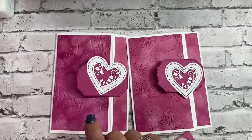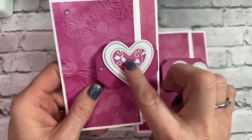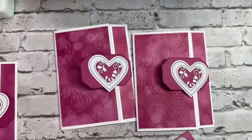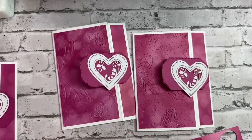So this one, you can say, well, it doesn't look any different, but I actually put the designer series paper on the inside of this. This one, if you wanted to, you could do it just like that, but I wanted the designer series paper. So what I did is I took the little heart here and,